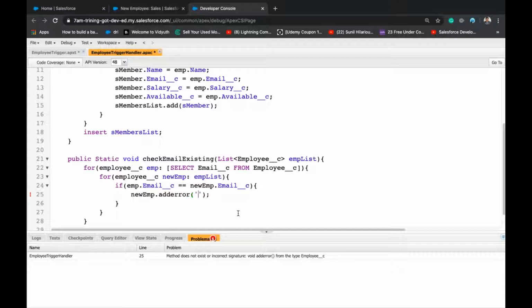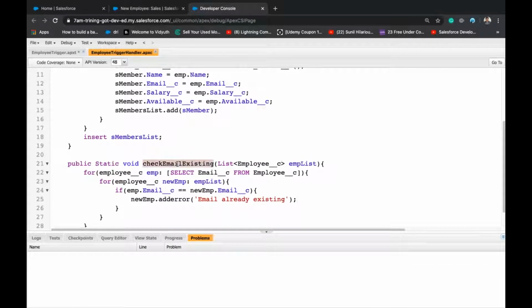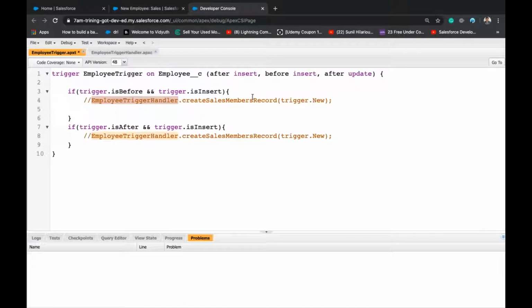So the message is: email already existing. We'll run this logic in the before insert context.